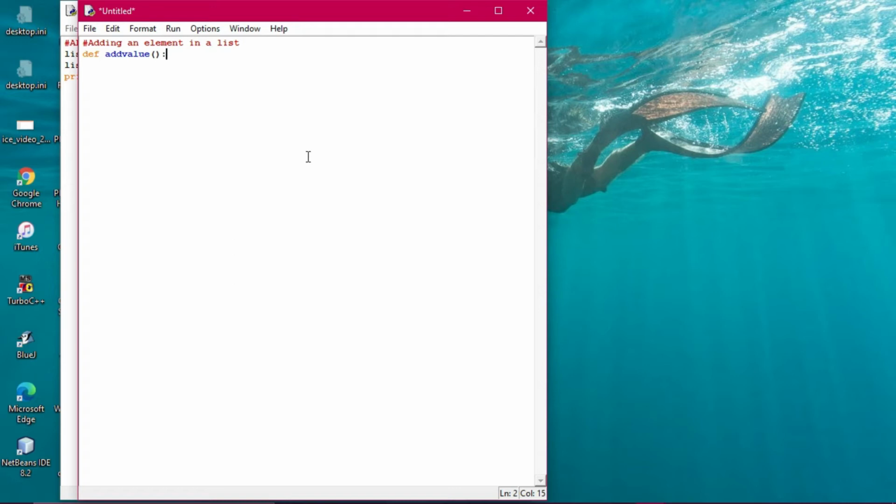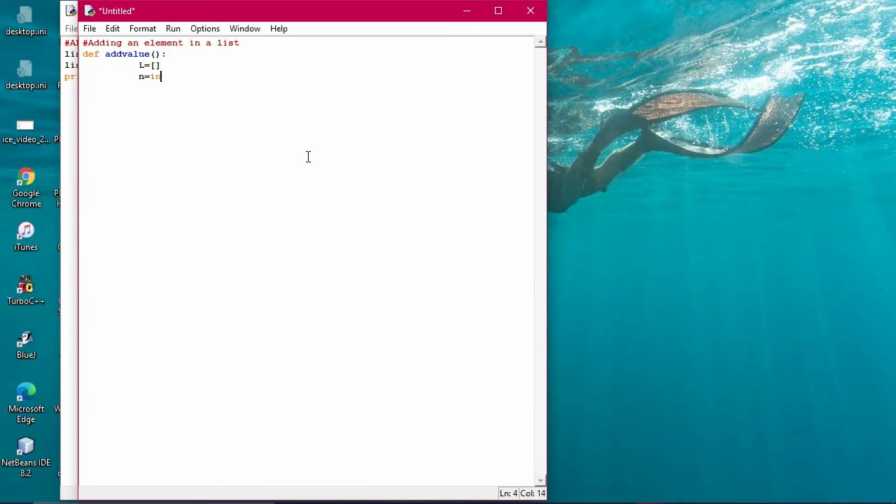Def is the keyword in order to define a function. All right, so def add_value(): So we're taking a list out here. So what is this? An empty list. Last time I had shown you one of this kind of program. L equals to empty list. Fine. Now n equals to, sorry, small n I'm taking.